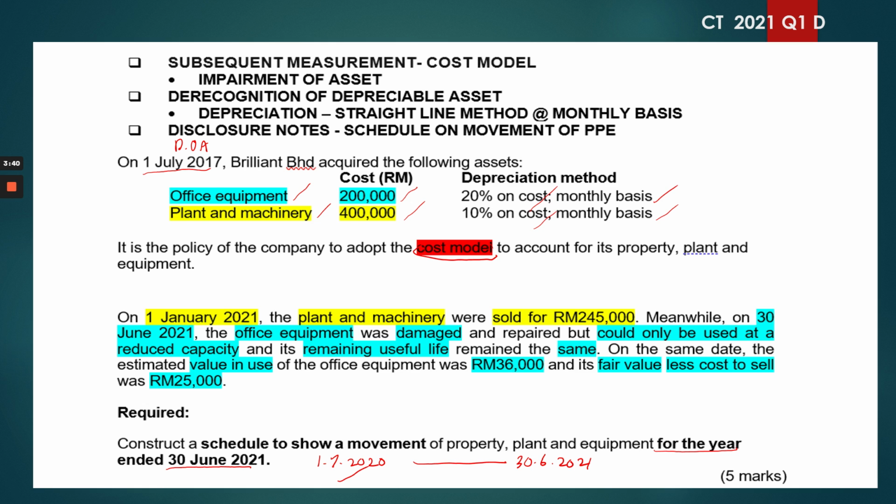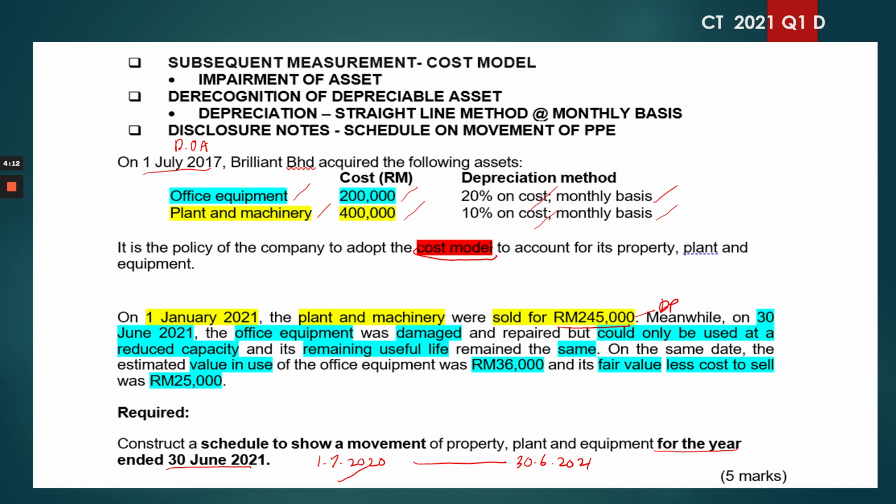So look at the information given there. 1st January 2021, the plant and machinery was sold for 245,000, and this is the disposal proceed. So that was the first information regarding plant and machinery. So if you read further, you would see that the remaining information is all related to the next asset, which is the office equipment. So the one that I have highlighted in yellow, that is the one related to the